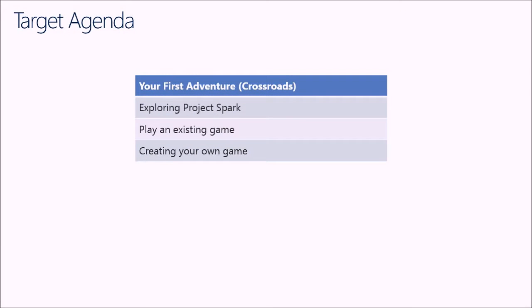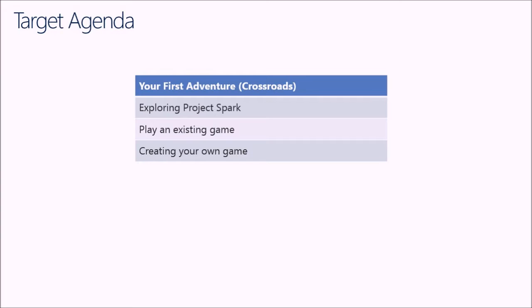ProjectSpark. So, your first adventure is going to be actually loading up ProjectSpark, and we're going to watch the intro video. We're going to explore the interface that ProjectSpark comes with. There's quite a lot to ProjectSpark, so we'll be using this as an opportunity to show you the different sections. We're going to be starting with the Play tab, and the Play tab will let us look at games and levels and worlds that other people have made, and people just like you who have created these worlds and want you to experience them. You'll also be able to see things like the different challenges which are built into ProjectSpark, and